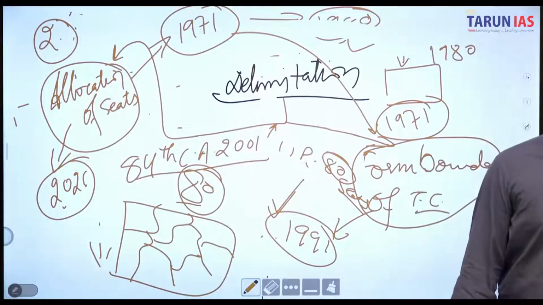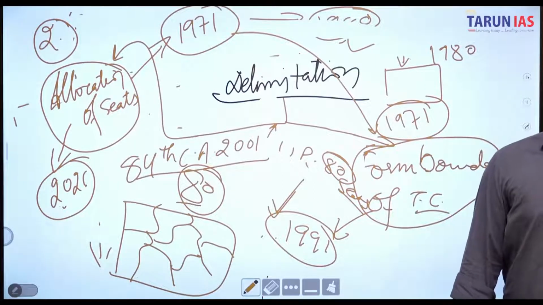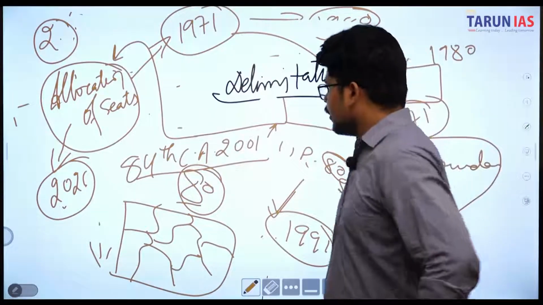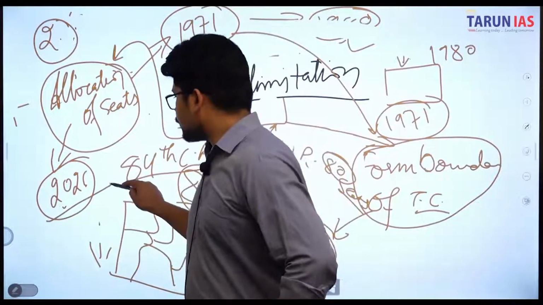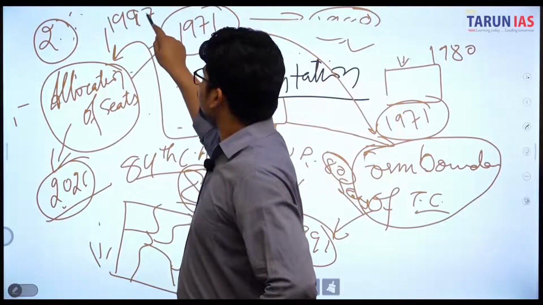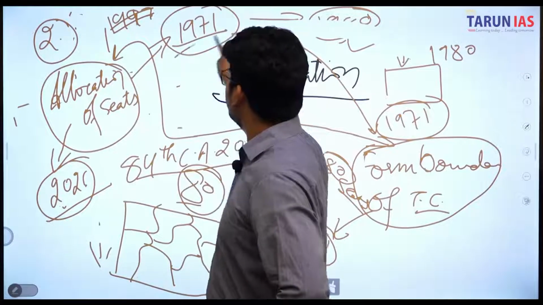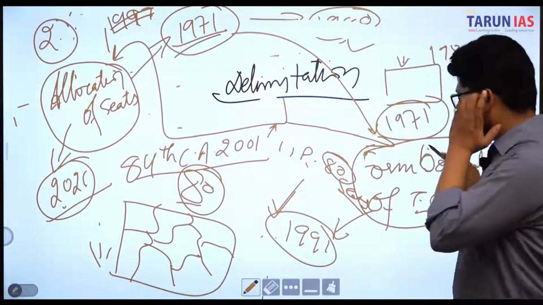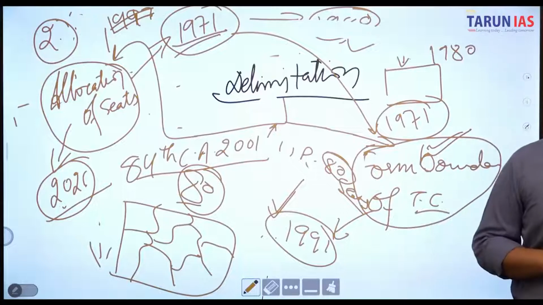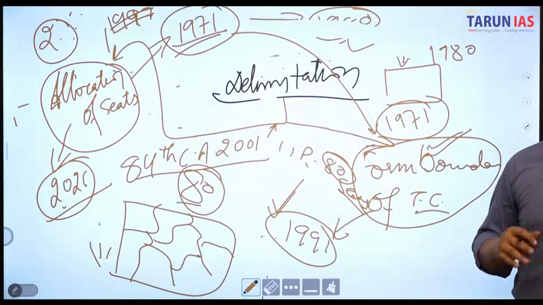Okay, understood? Now, अब allocation of seats is based on 1971 figures. But the determination of the boundaries of territorial constituencies is based on the 2000,